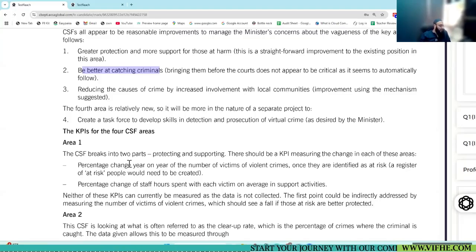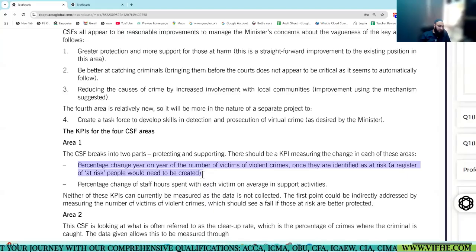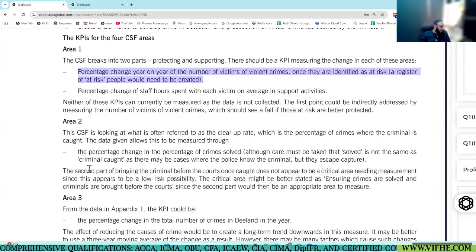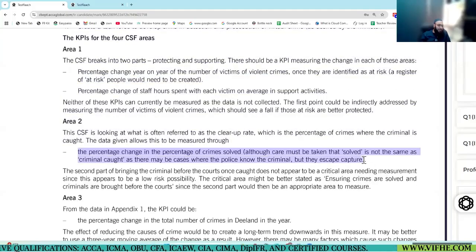Okay? So remember, the CSF here is to catch the criminals. So this KPI that the examiner has suggested, sorry, I beg your pardon, the second one, see what he is saying. From the data, we can work out the percentage change in crime solved. Care must be taken that solved is not the same as criminal caught. There may be cases where police know the criminal, but he ran away.